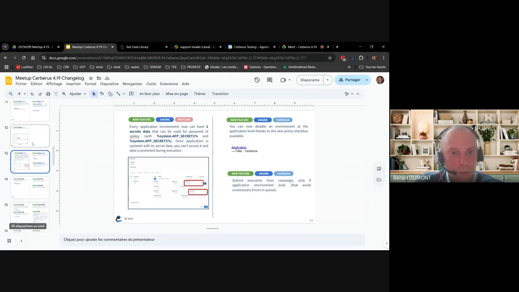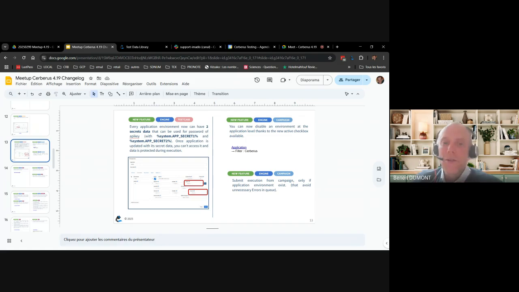Next changes are on the application definition. A common use case that we had is that sometimes you wanted to put some secret information attached to an environment of an application. In previous versions of Cerberus, this information was not secured.